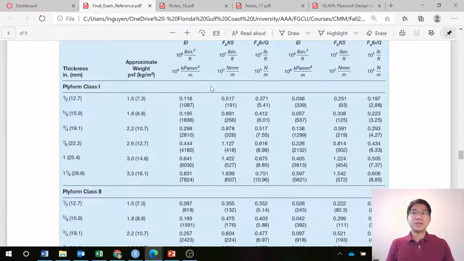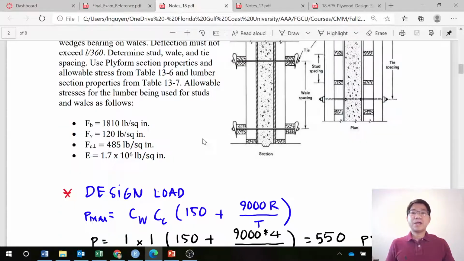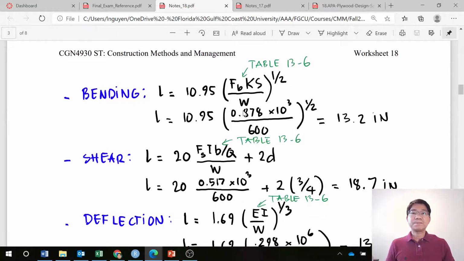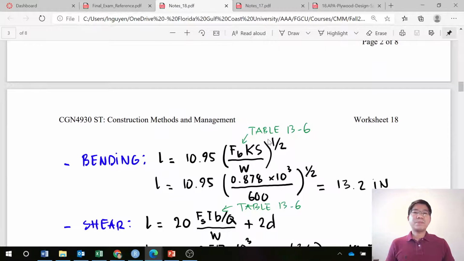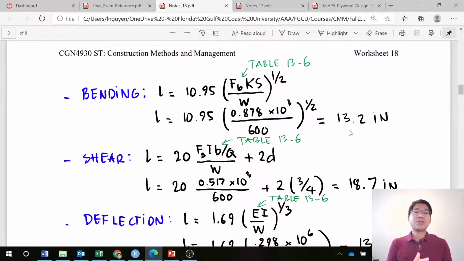Okay, so we can use FbKs in this case with 3/4 plywood, class 1 plywood form. So you can have FbKs 0.878 times 10 to the power 3 inch per foot, so that we can plug in this equation, and here divide by w, 600 pound per foot we determined in the previous step, so that we can determine